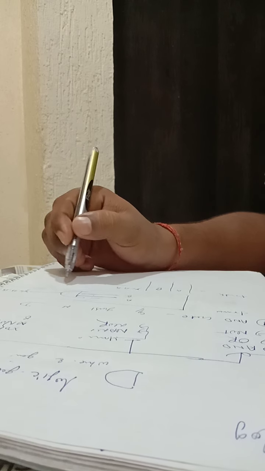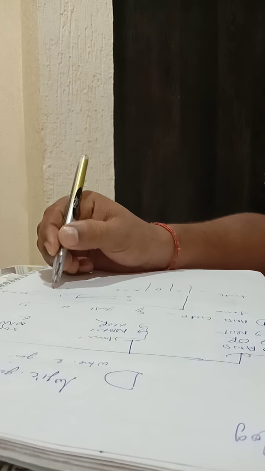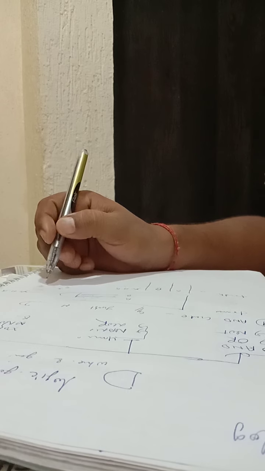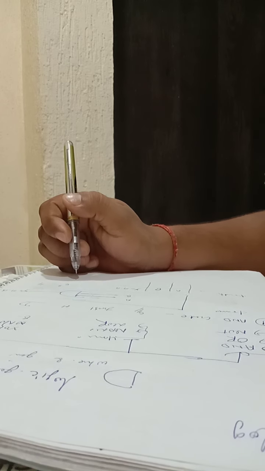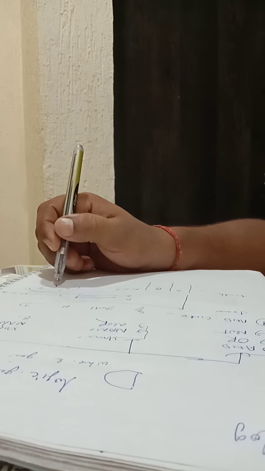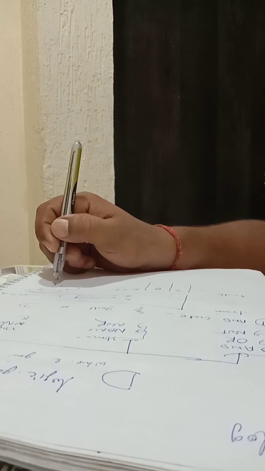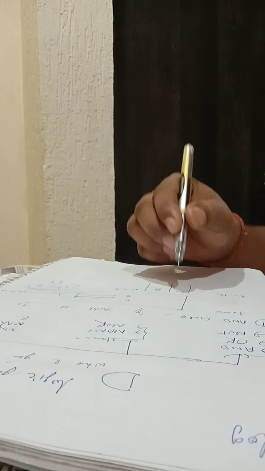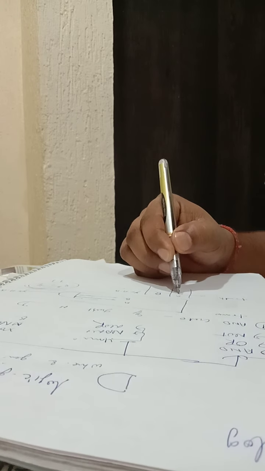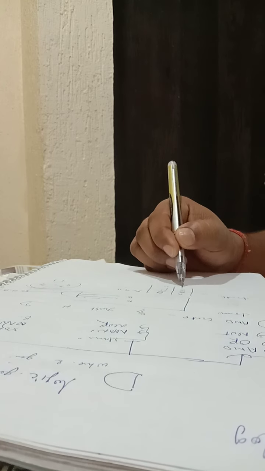If I have two inputs, then we have 2 to the power 2 is equal to 4 conditions. Suppose you have two buttons, how many conditions are applied? If you have two buttons, then 2 to the power 2 conditions hold. So these are 4 conditions: 0 0, 0 1, 1 0, 1 1.